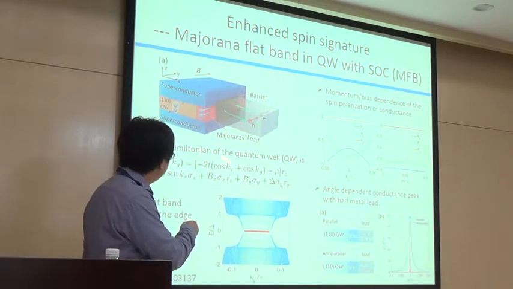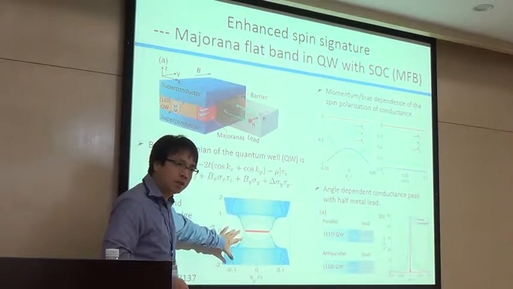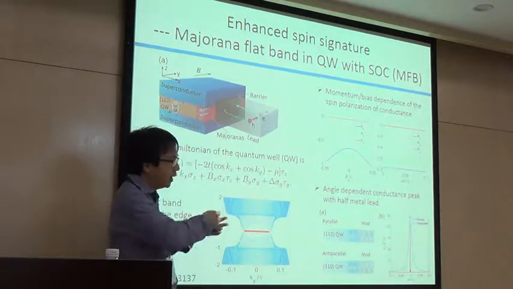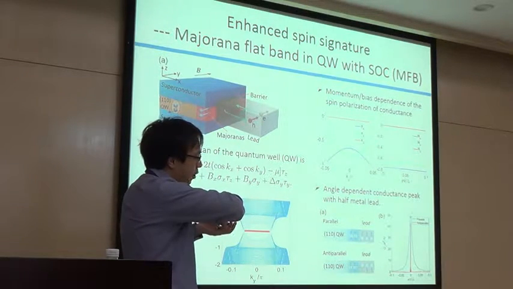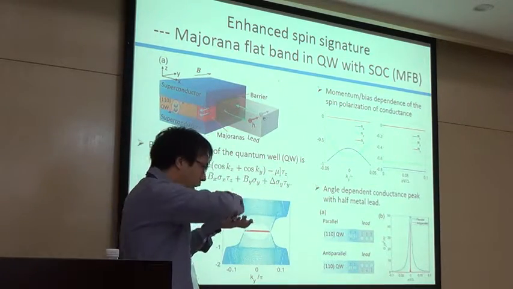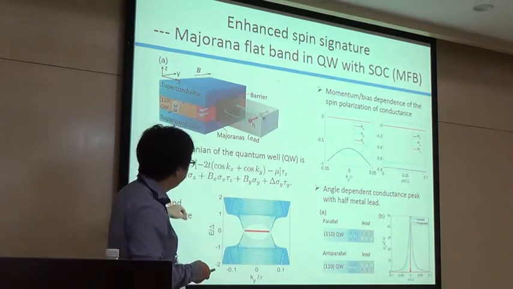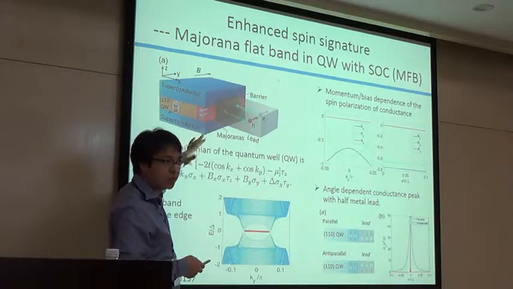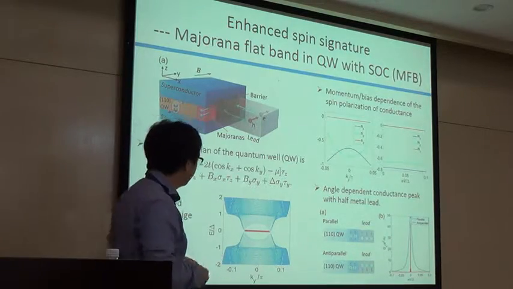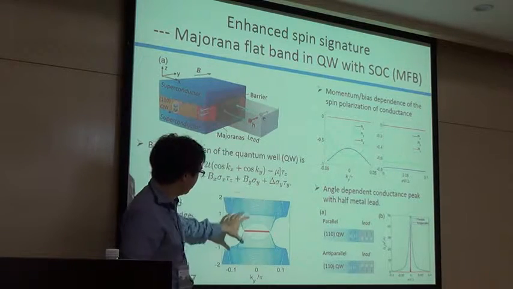So we have a model, and I will not explain too much about this model, but I want to give you the energy spectrum of it. So basically what you have is, again, not a Rashba quantum well, but a so-called Dresselhaus quantum well. It's a quantum well made of semiconductors, and you have spin-orbit coupling in the system, and you put it next to a superconductor, so you make it superconducting. You need to apply an in-plane field. By doing this, the energy spectrum of this setup will look like this.